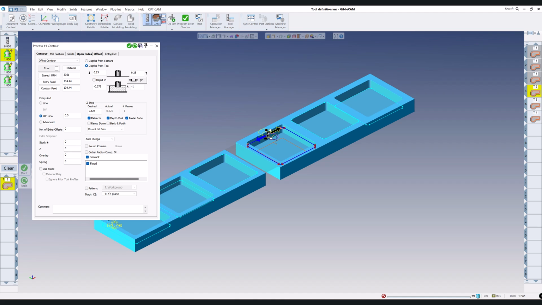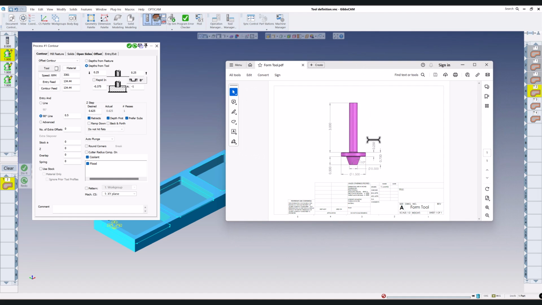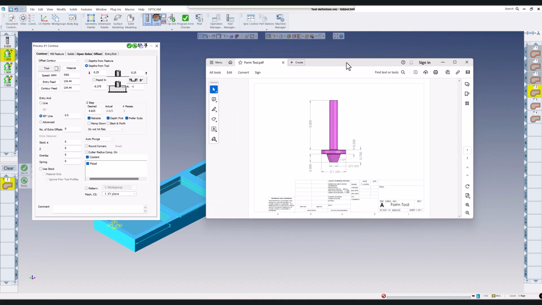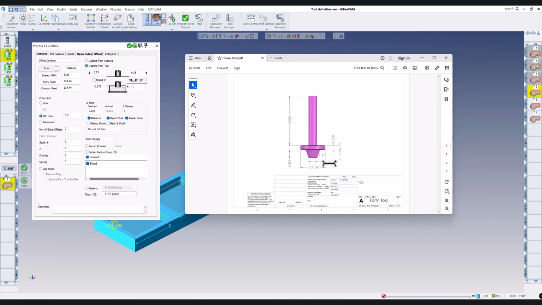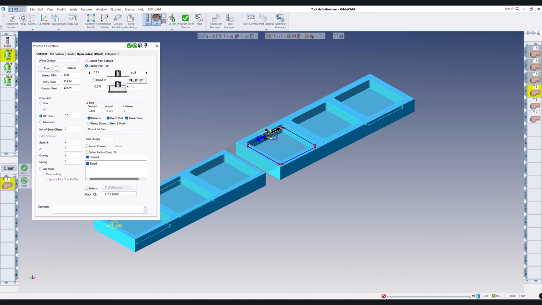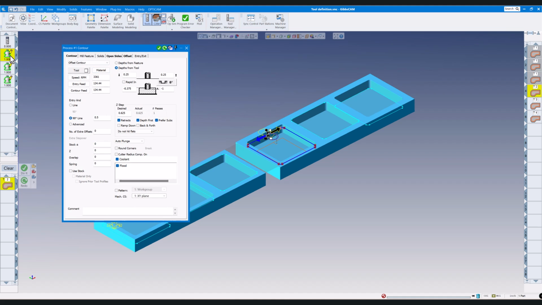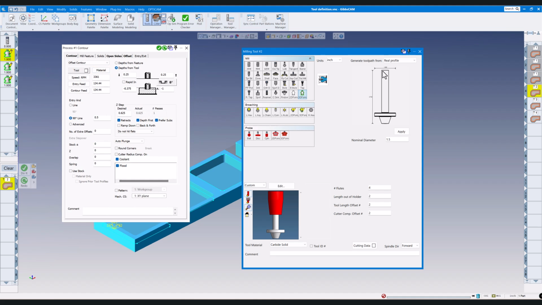Now if I bring in the form tool again, let's just kind of zoom it over here. You can see that anything that's farther up than 1/2 inch, I'm going to be looking at this diameter here. Anything higher than that's going to be looking at the diameter here. Let's move this out of the way. So in this operation number 4, I'm using tool number 2. And I told Gibbs to go ahead and look at the total diameters of this form tool here, the real